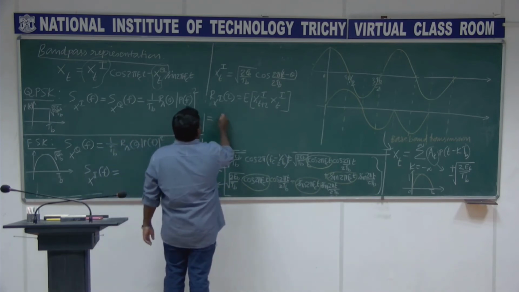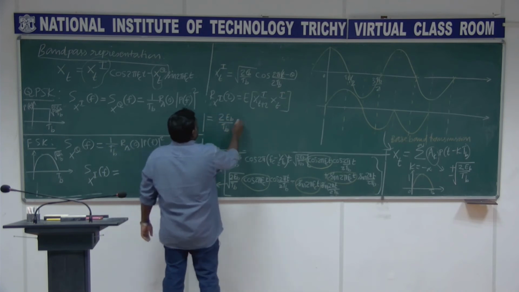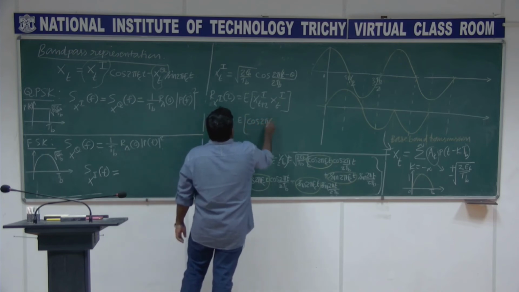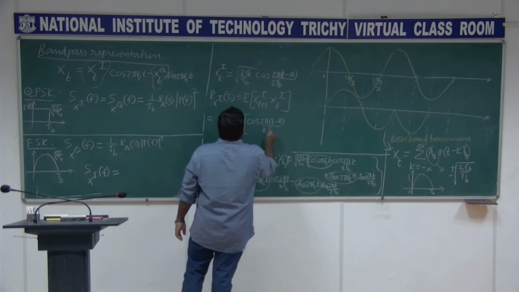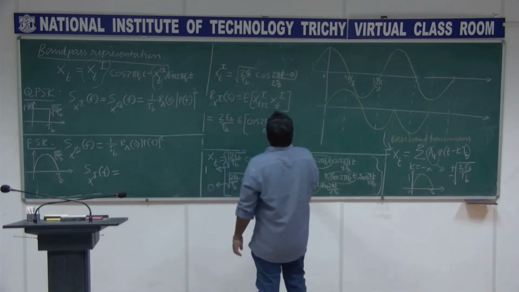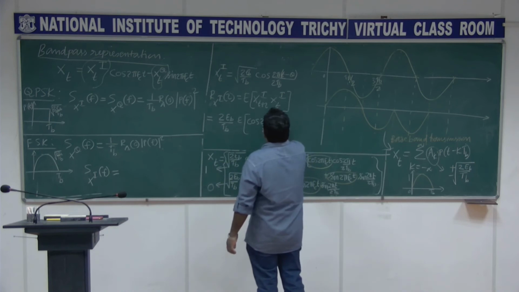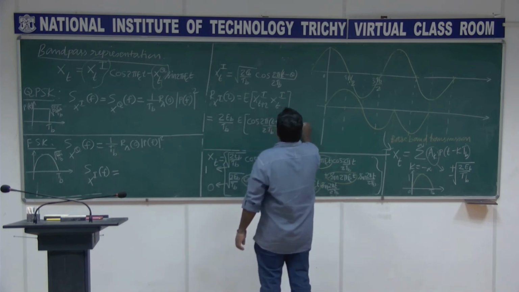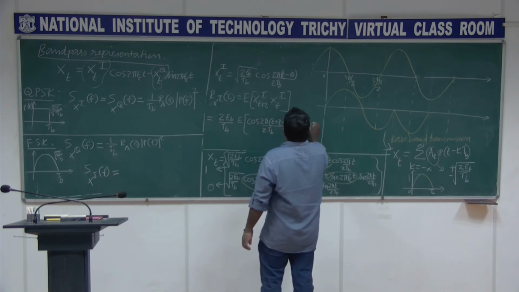Now 2 Eb by TB I take outside, cos 2 pi (t minus theta) by 2 TB, (t plus tau minus theta) by 2 TB, 2 pi (t minus theta) by 2 TB,